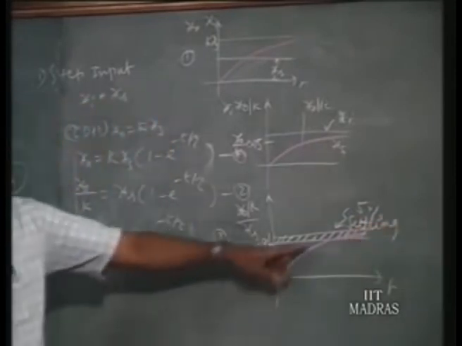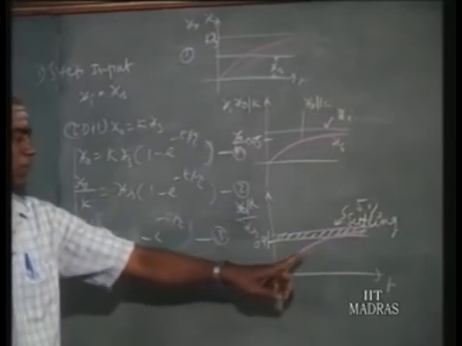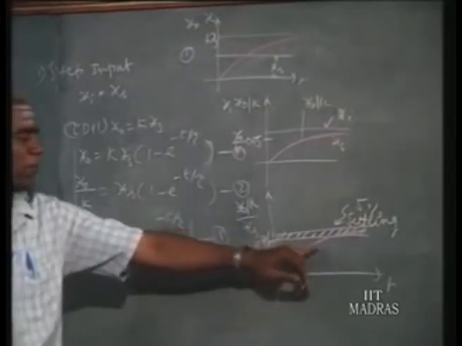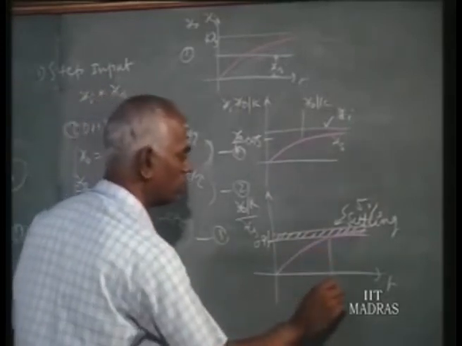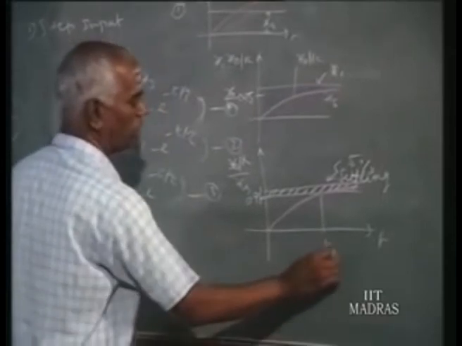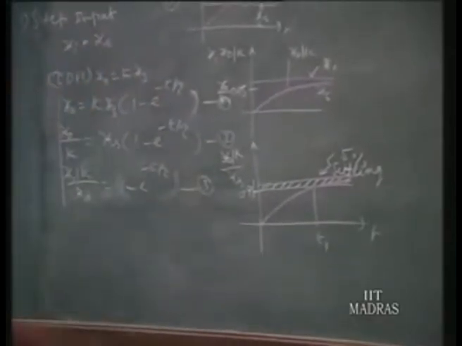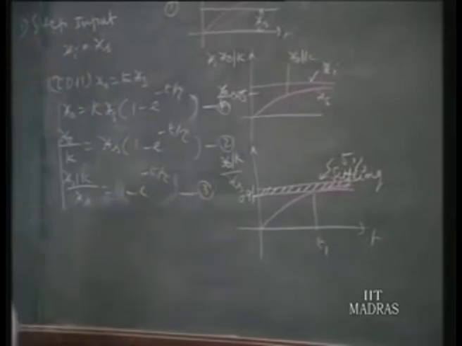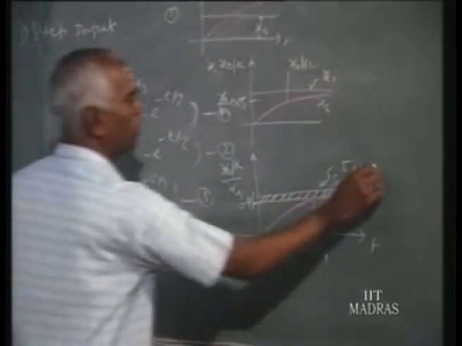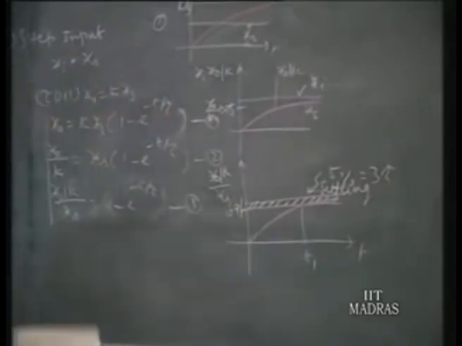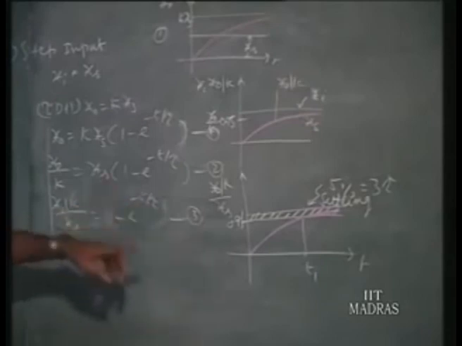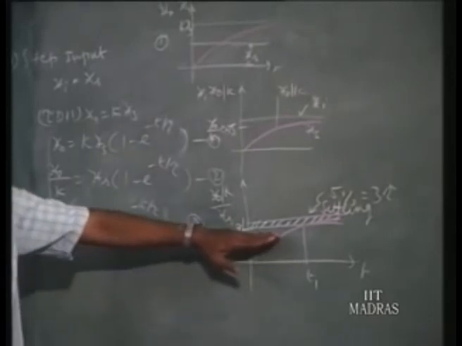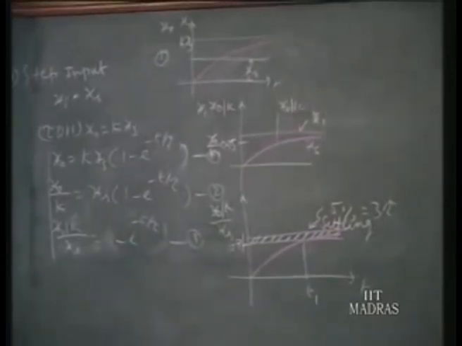The time taken to come within 5% of the final value is called the 5% settling time. We can call it T1, the 5% settling time for this instrument, maybe 10 or 15 seconds. It is normally equal to 3 times the time constant. If you make it 0.95, you will find T over tau is around 3. This is one of the specifications for standard instruments, and from here we derive many other characteristics.